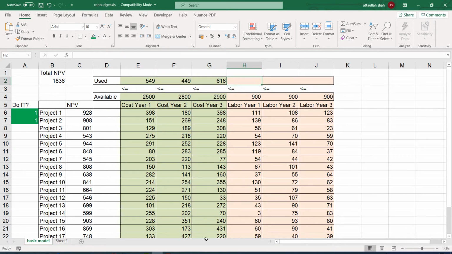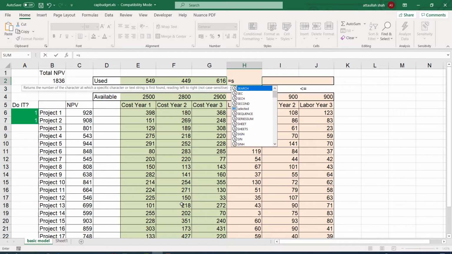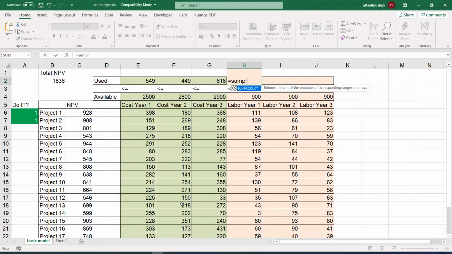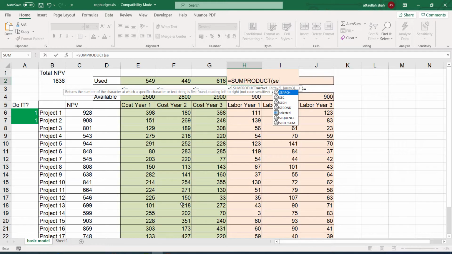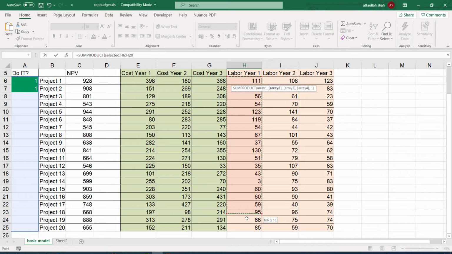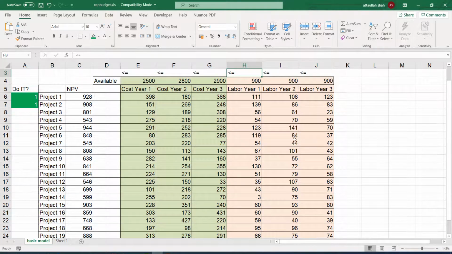We can do the same thing for the total number of employees that will be used. The first range is selected, and the second range is the requirements, the employee requirements of the project.